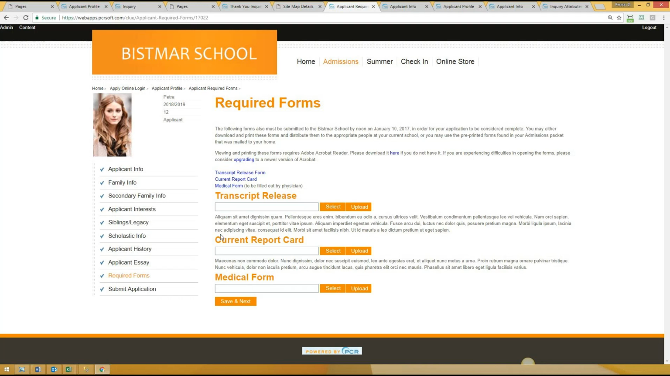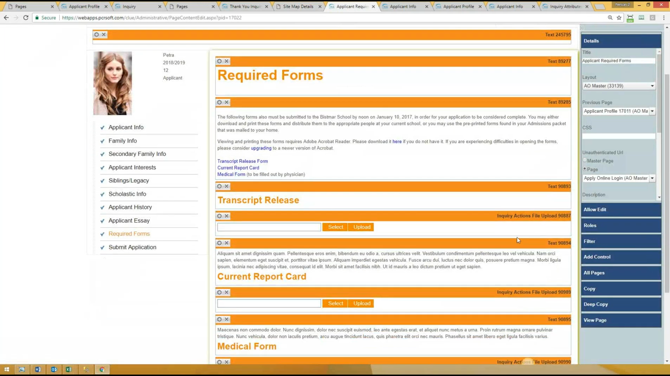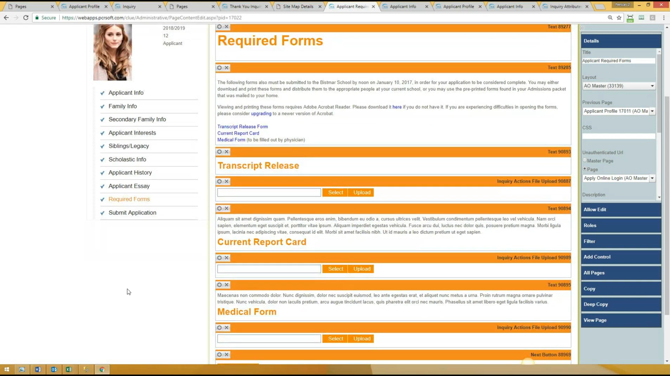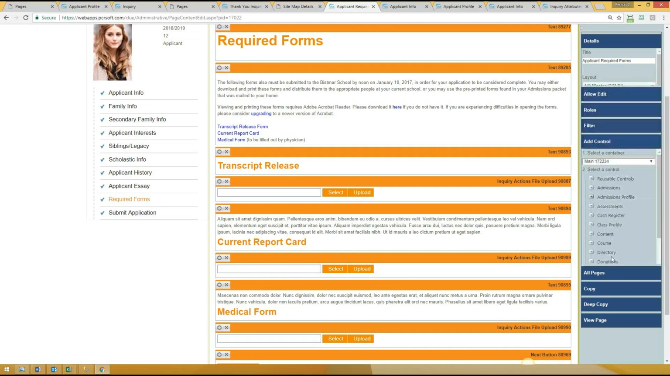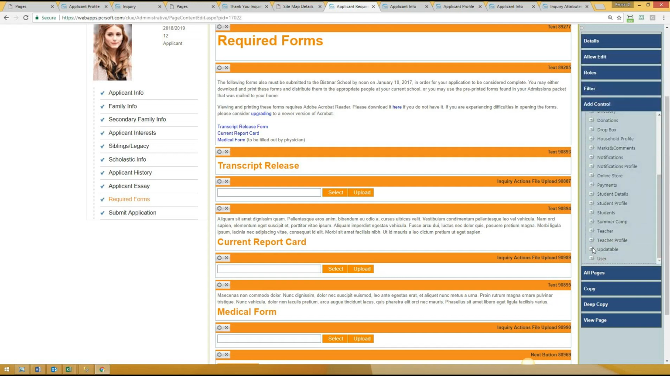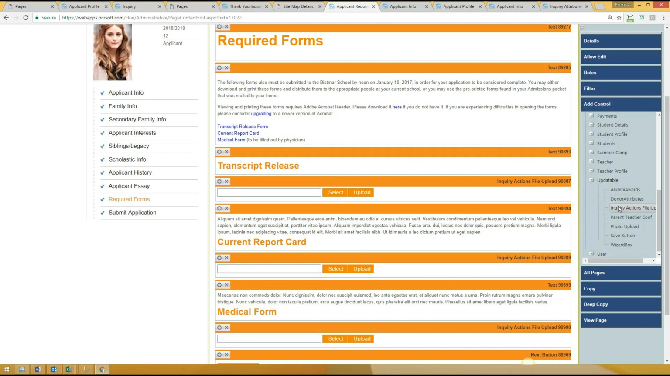For the required forms page, the control that you're going to use, and you would only use this if you actually want them to upload files, is as follows. First I use a text control just as a description of what I'm asking for: transcript release, current report card, medical form, and so forth. Then the control that I am actually going to be using is under updatable, and it's called the inquiry actions file upload. And when you add that control,